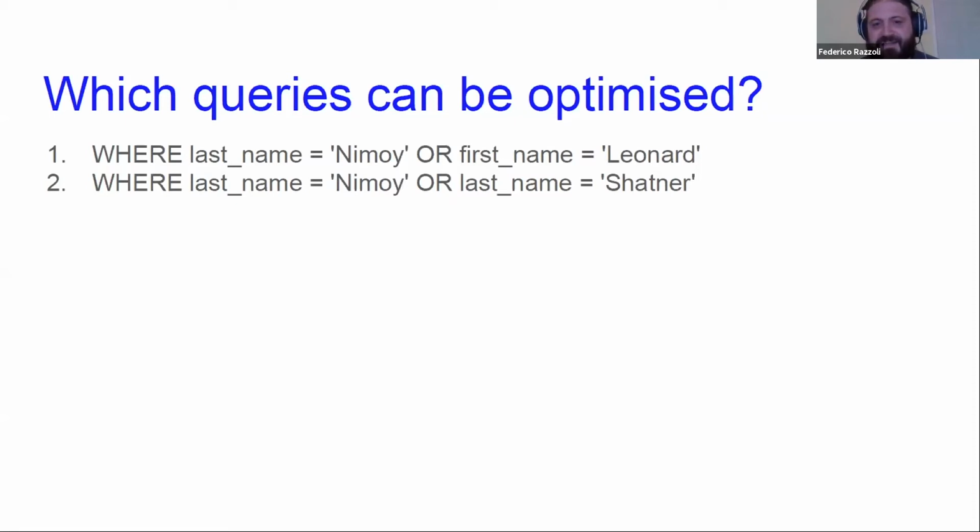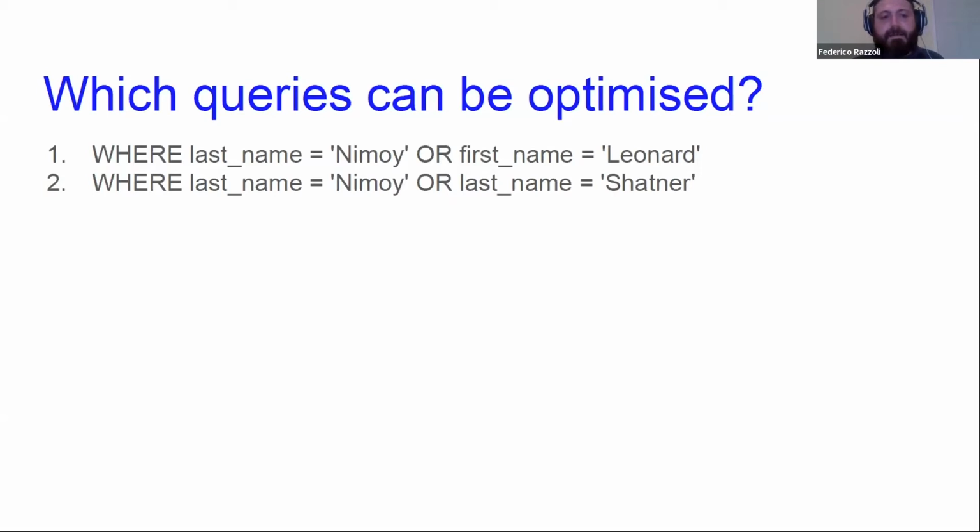The second one, Victoria is too good, because actually, yes, she's absolutely right. The second one can use an index because, instead of looking for one last name, we are looking for two last names, but MySQL will simply run the same type of search twice.